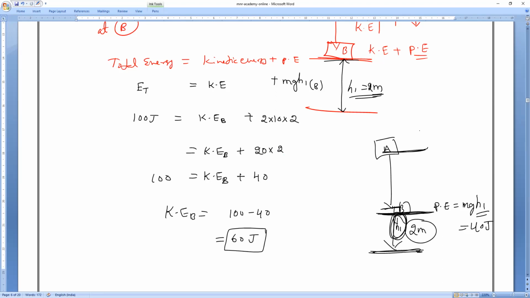Total energy is 100 joules, equal to kinetic energy plus potential energy. So potential energy is 40, and the kinetic energy is 100 minus 40, 60 joules. Next, once it reaches the ground,